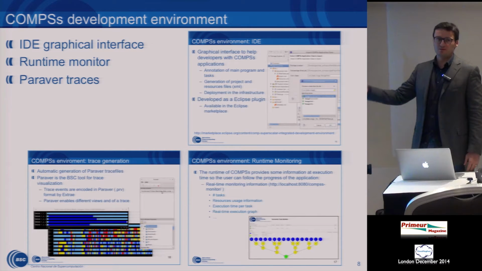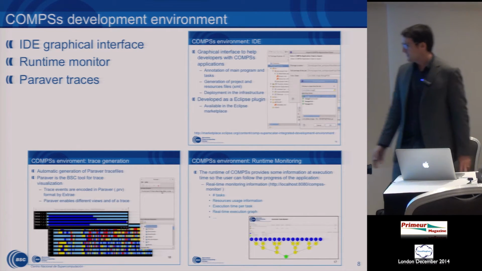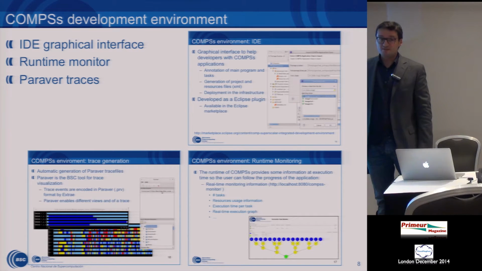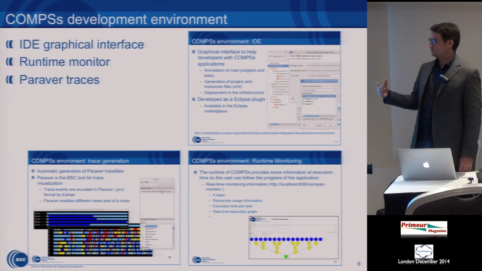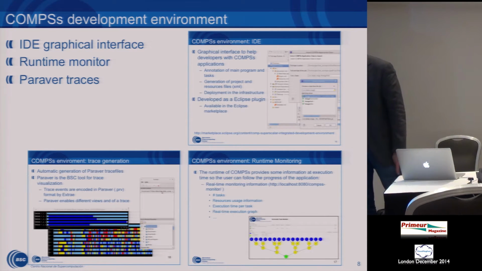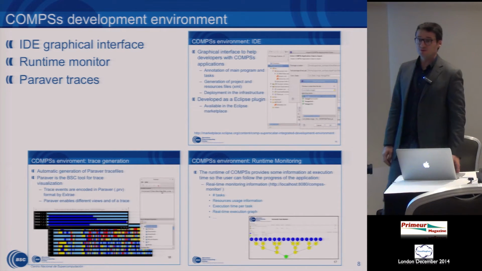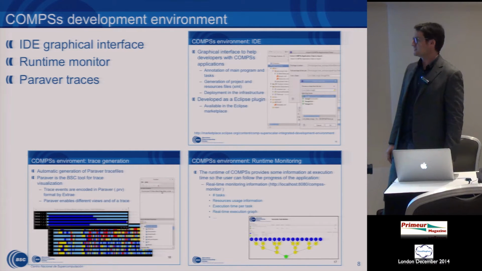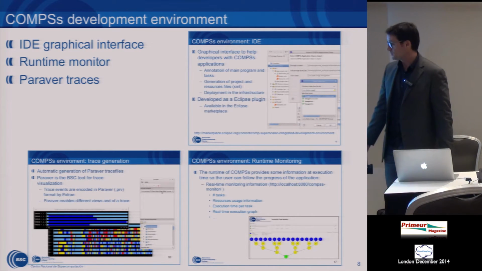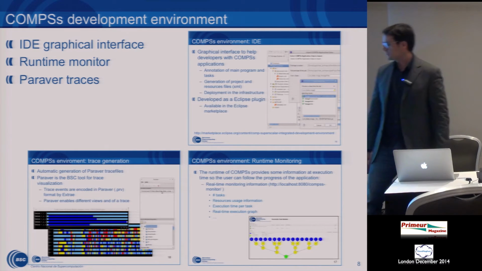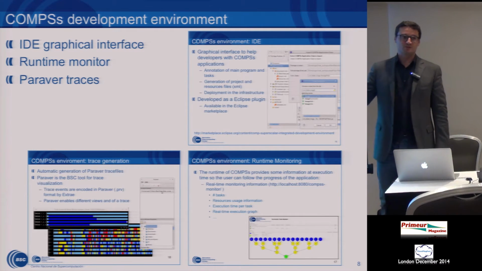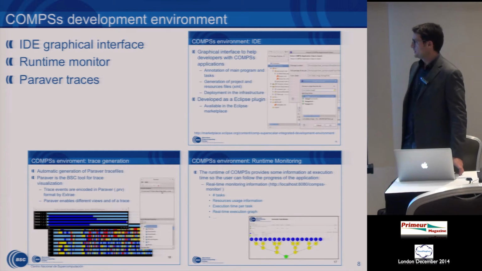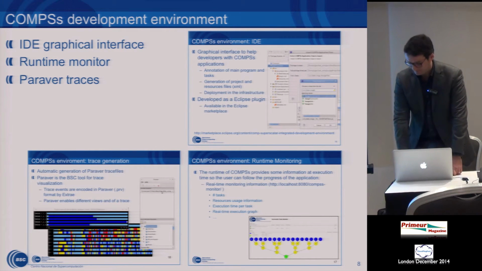This is what we already showed, the COMPS runtime monitoring, where the user can see the advancement of the execution of the application. There is the possibility to generate traces to analyze the performance of the application at the end of the execution. This is done through the Paraver tool, also developed at BSC. This is a really powerful set of tools that allows the user to detect imbalances in the application, and to detect the time required by each part of the application: transfers, execution, access to the disk, etc.